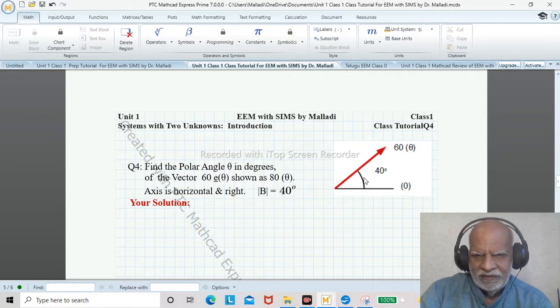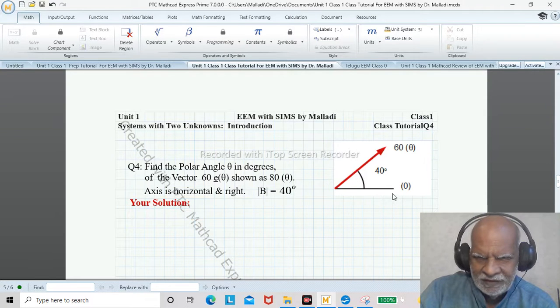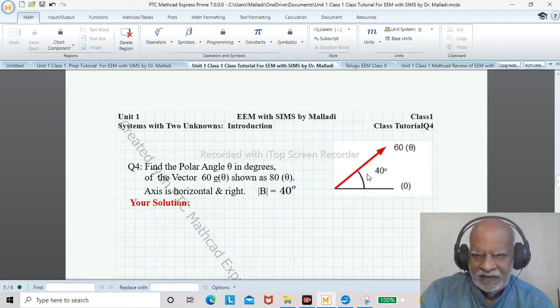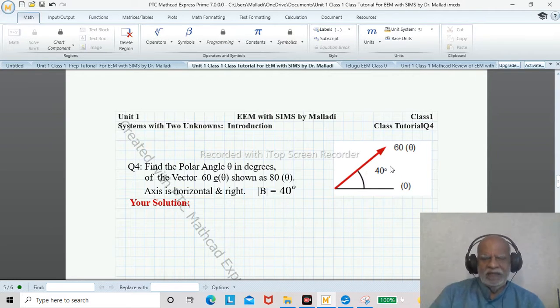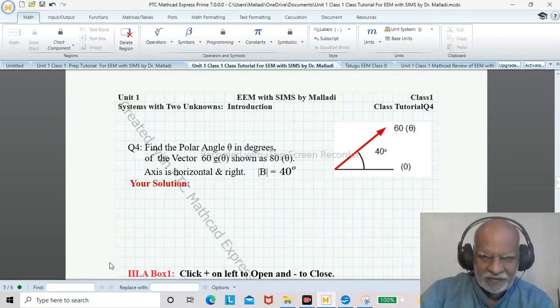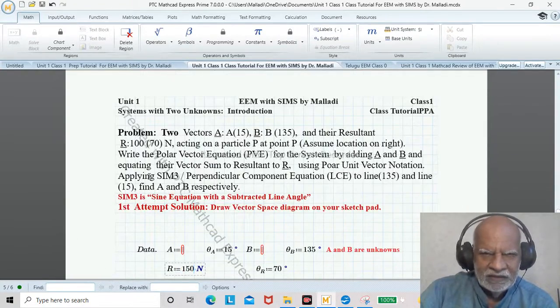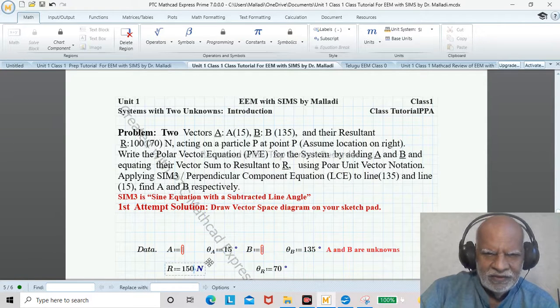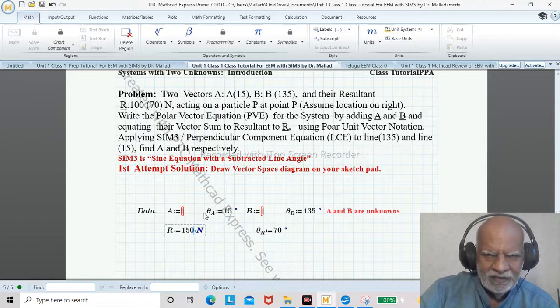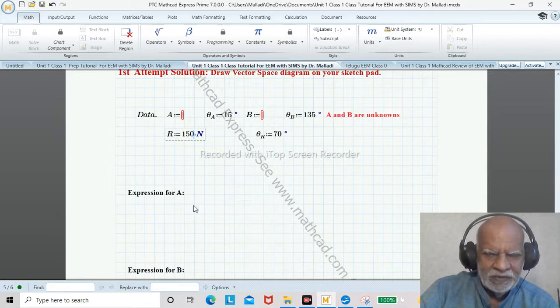So by changing the direction in which the vector is compared to the axis, and then by changing the magnitude, I can get an infinite number of problems, and they will be in the data bank, and the program spits out different combinations. And now here, in this problem, I have vector A and vector B, and the resultant is R. Therefore, it is very direct. A plus B is equal to C, or in this case R. So now the expression for A.